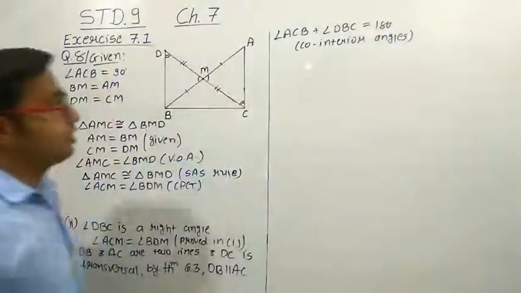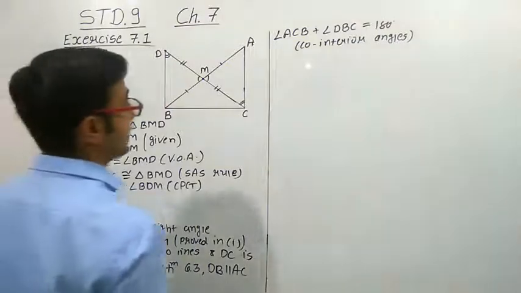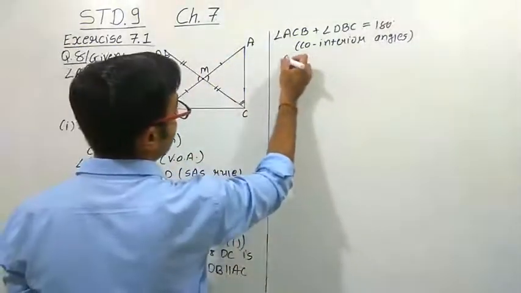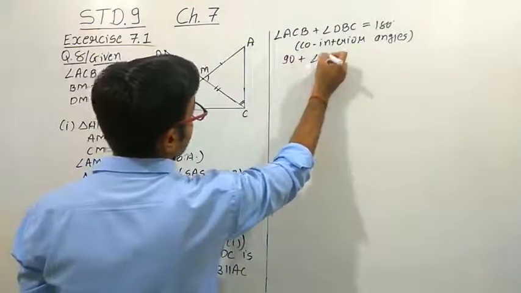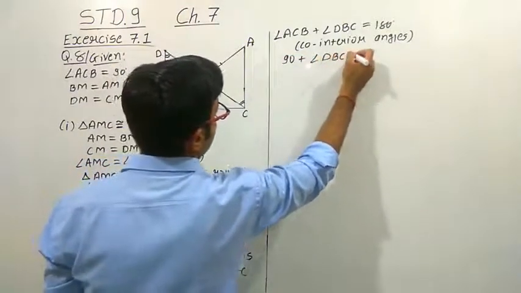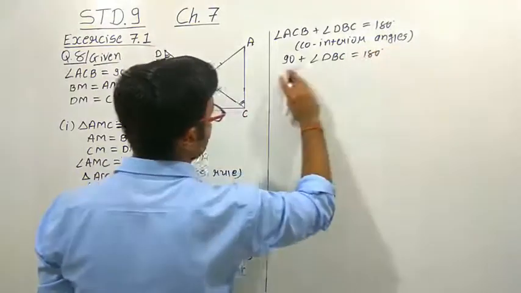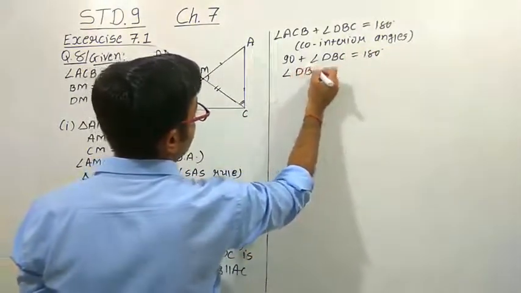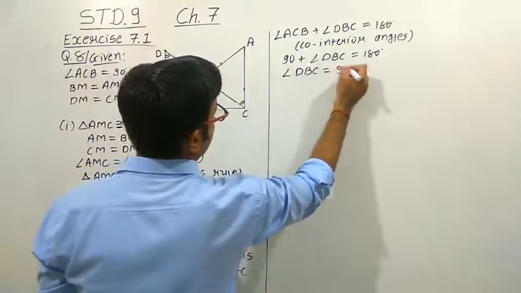The addition of the two co-interior angles will become 180 degrees. Now out of that, ACB we already have, that is 90 degrees. Put down here 90 plus angle DBC is equal to 180 degrees. So when we take 90 to the right hand side, we can write angle DBC is equal to 90